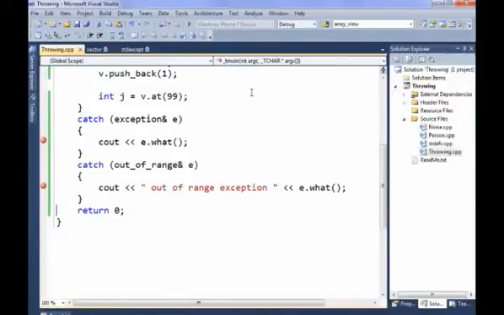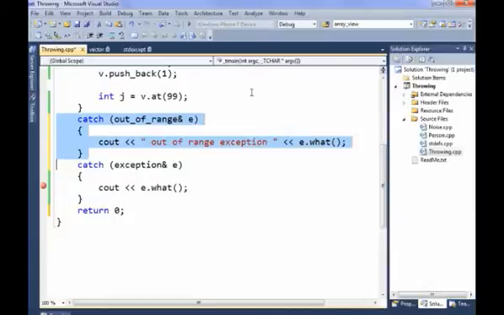So it's very important, let me just put these back in the right order, very important to catch the most specific exception first when you're using an exception hierarchy, and you should be using an exception hierarchy, and I'll talk more about